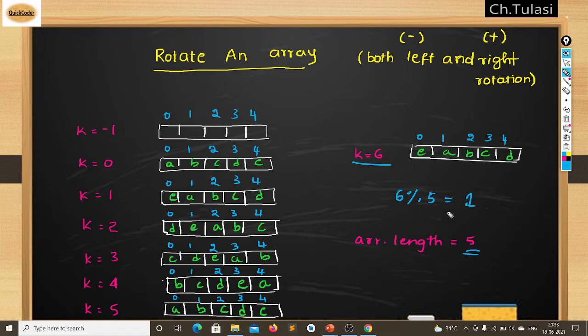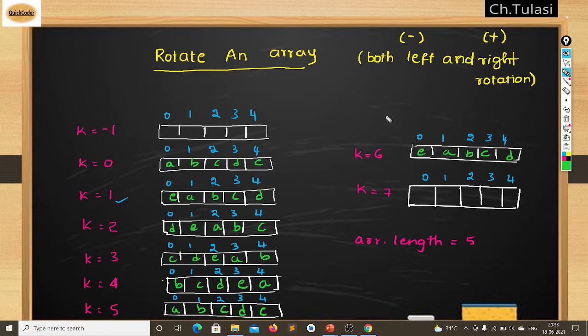What is that? 1. So it is similar to the rotation of k is equal to 1. If you are doubtful about that, let's take another example.